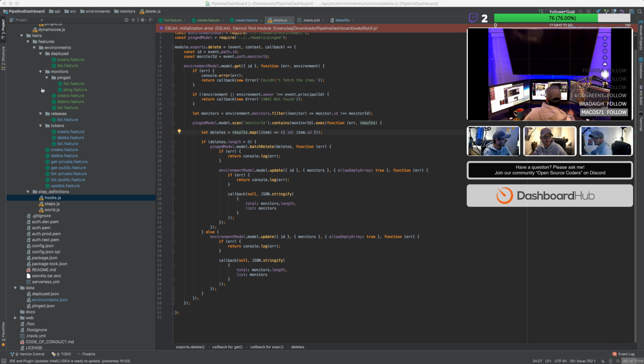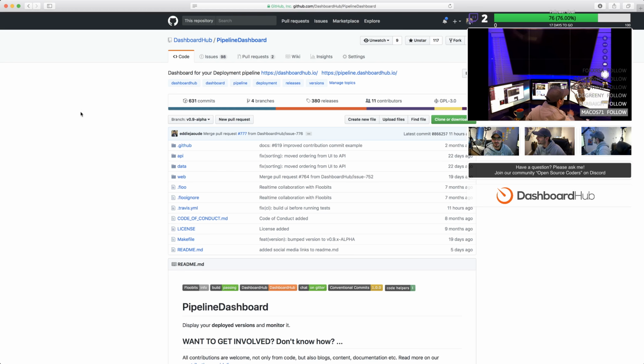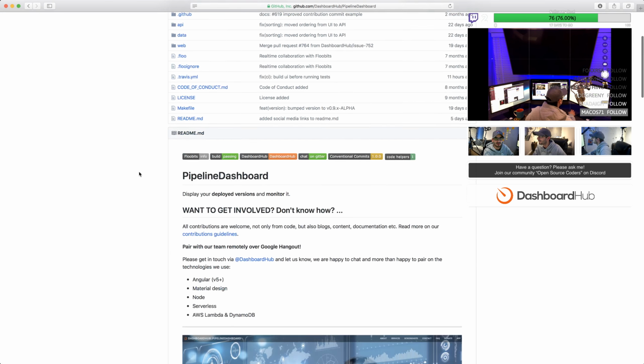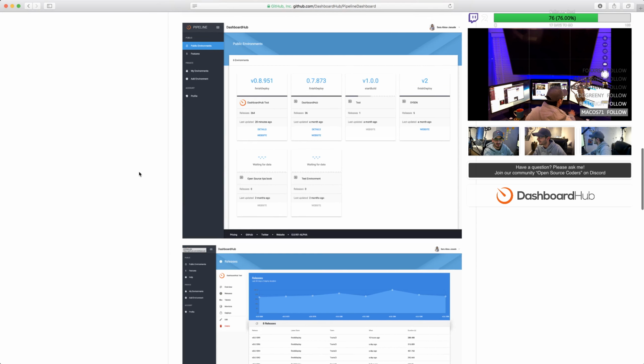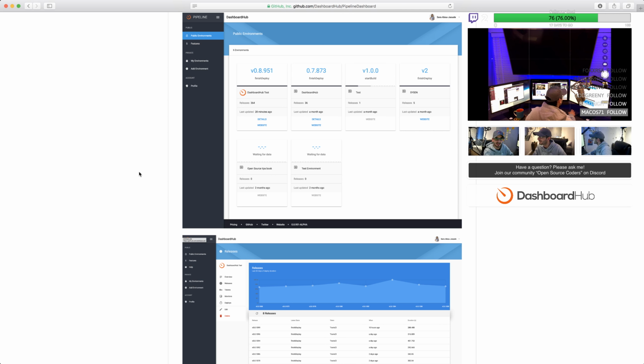While I'm doing that, by all means have a look at the project that I'm going to be working on. It's fully open source on GitHub. It's Dashboard Hub, pipeline dashboard. And here's some screenshots for you. They're probably a bit out of date. But let me just fix